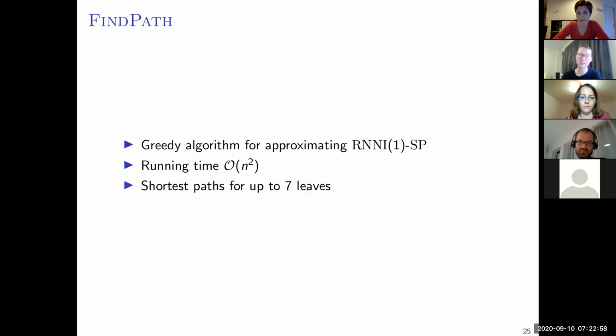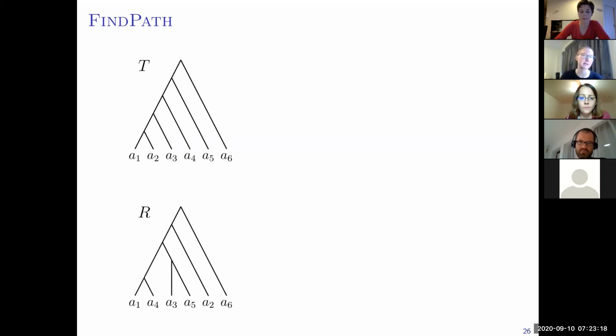to 7 leaves, because we can actually compute the RNNI graph for up to 7 leaves. Everything else is too big. That's not feasible anymore, but we can prove that it actually computes shortest path, not just any path, but shortest path. And I want to show you how this algorithm works with an example, because you'll see it's a very